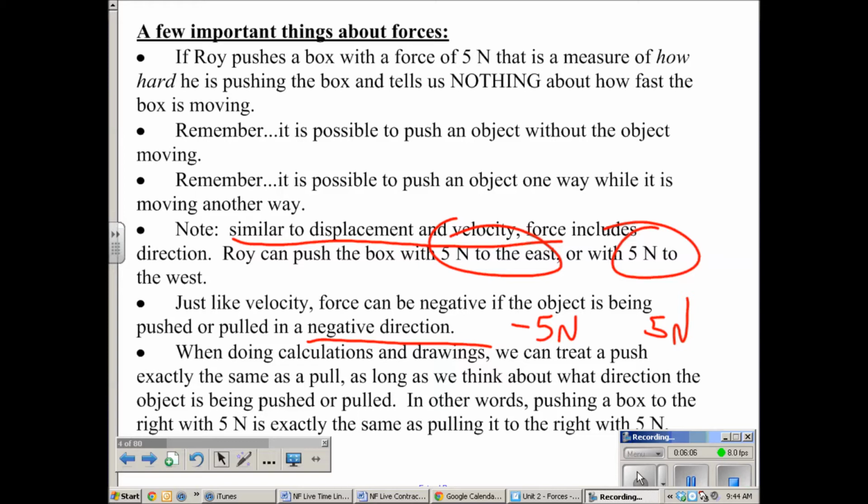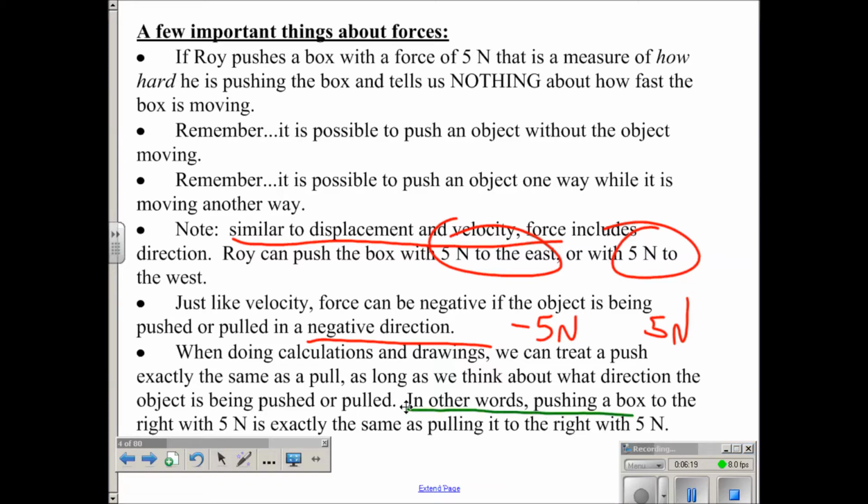Let's see, when doing calculations and drawings, we can treat a push exactly the same as a pull, as long as we think about what direction the object is being pushed or pulled in. In other words, here's the important part down here. Pushing a box to the right with a force of 5 newtons is exactly the same as pulling it to the right with 5 newtons. Okay, so if you imagine a car stuck in the mud, whether you get behind the car and push it forwards with 5 newtons or get in front of it and pull it forwards with 5 newtons, as far as the car is concerned, that's exactly the same thing. Okay,